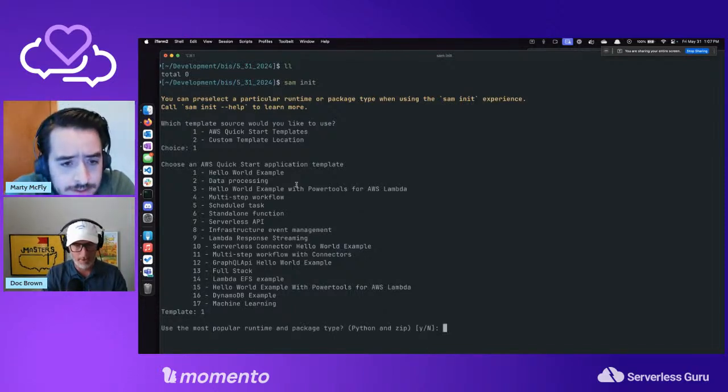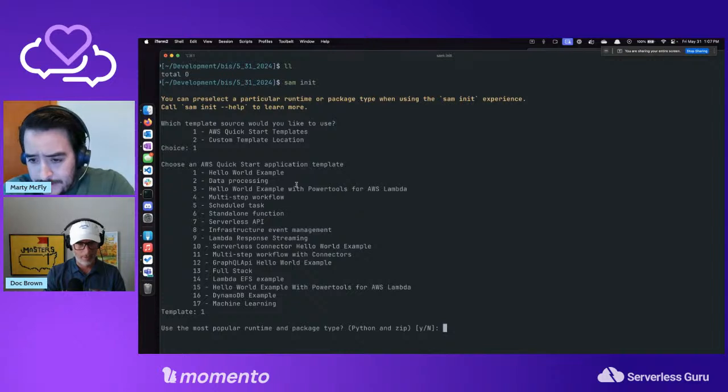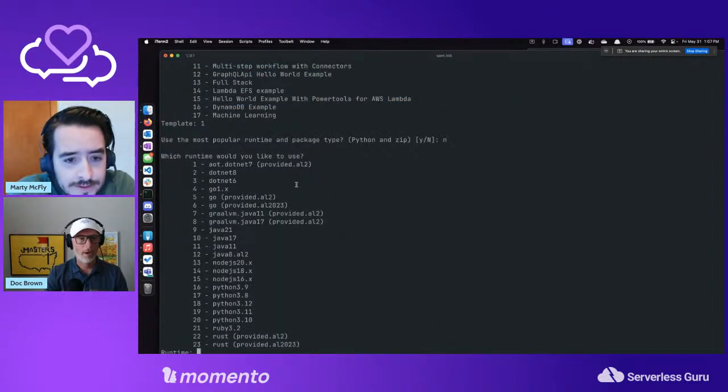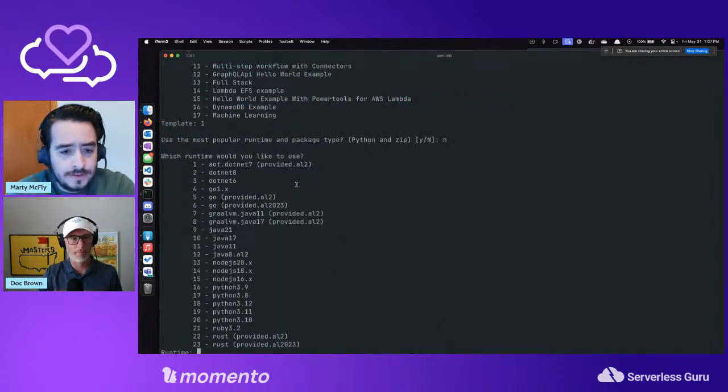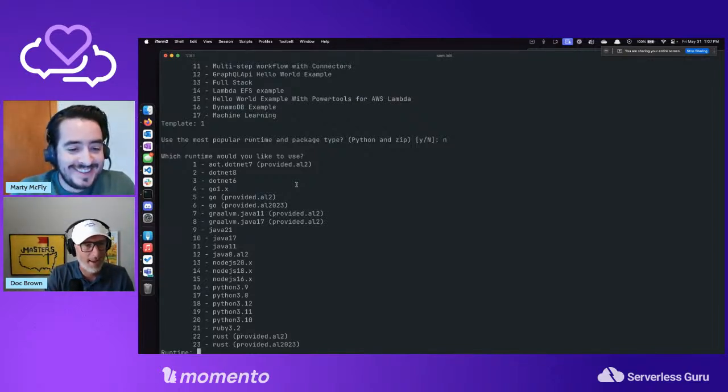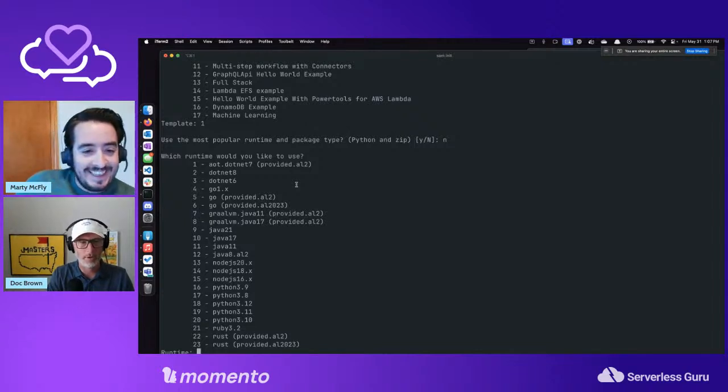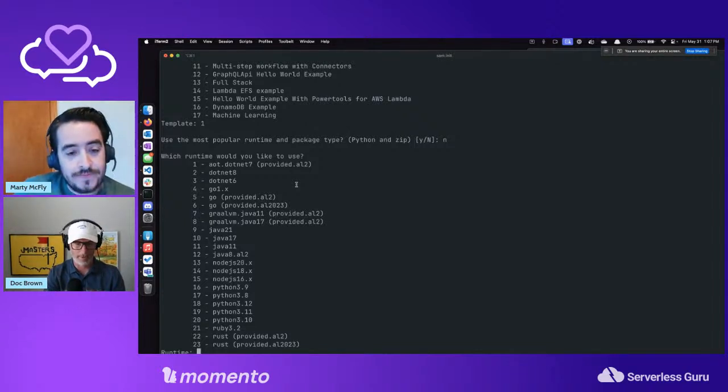Popular. No, we're not going to use the Python. We're going to go number 6. You've probably never pushed number 6 before, have you, Andres or Marty? I have never. So number 5 is the Amazon Linux original, and now we're going to go Amazon Linux 2023. So let's go.